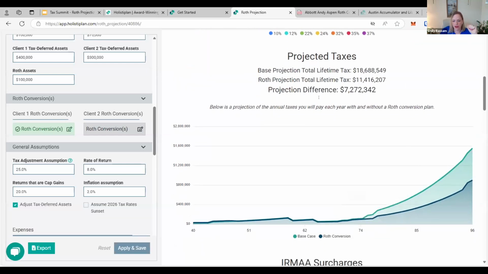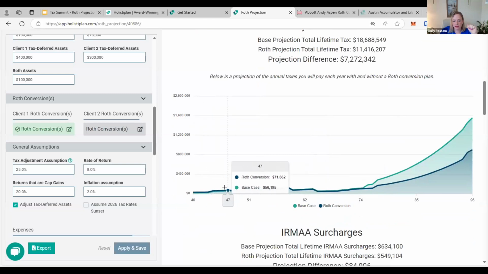especially for these younger people that are doing these conversions. Okay, so you can see in this base case how much tax you'll pay in each year. This is a quick way to also see what the cost is to doing this. So we know that for now, during the Roth conversion case, we're going to pay $30,000 in taxes. We would have been paying